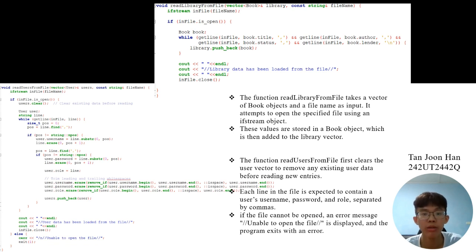It takes a vector of book objects and a file name as input, and it attempts to open a specific file using an ifstream object. These values are stored in a book object, which is then added to the library vector. And next is the function read users from file. It first clears the user vector to remove any existing user data before reading new entries. Each line in the file is expected to contain a user's username, password, and role separated by commas. If the file cannot be opened, an error message, unable to open the file, is displayed and the program exits